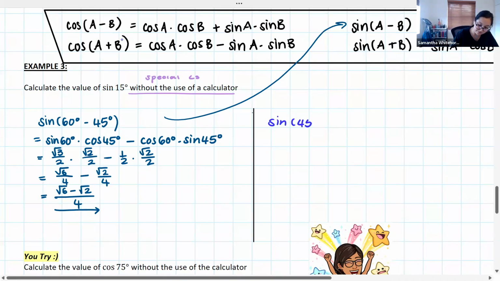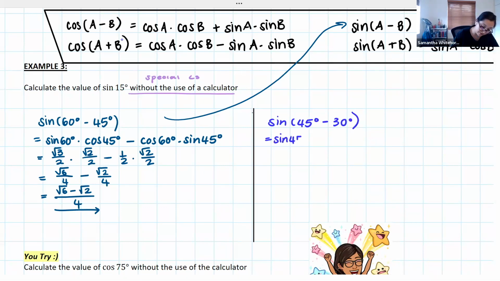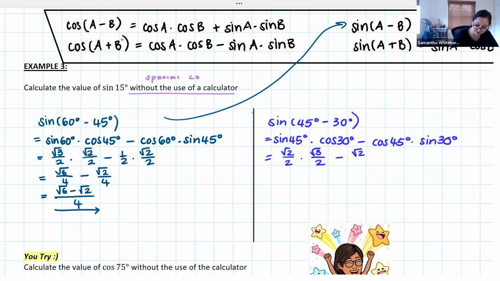Okay, if you had gone with the 45 minus 30, which like I said is what I actually did initially, you're going to end up with exactly the same thing. You end up with sine 45 times cos 30 minus cos 45 times sine 30. Sine 45 is root 2 over 2. Cos 30 is root 3 over 2. Minus cos 45, root 2 over 2, times sine 30, which is a half. If you have a look, that's exactly what you ended up with there. So this gives us root 6 over 4 minus root 2 over 4. And so exactly the same answer